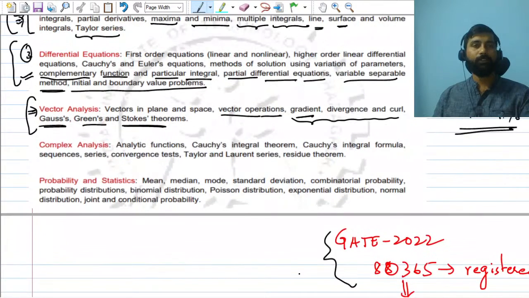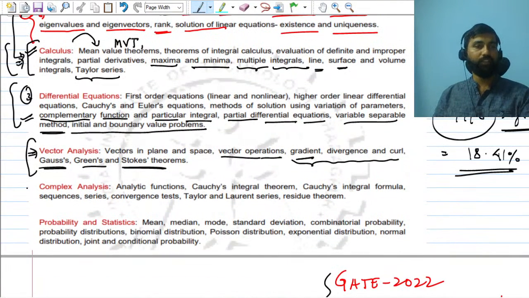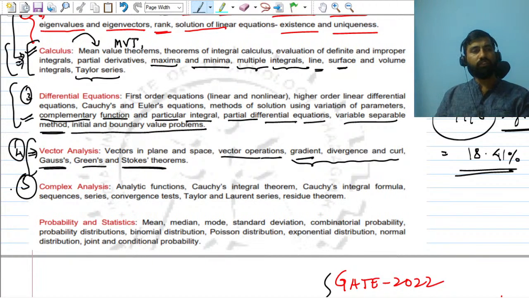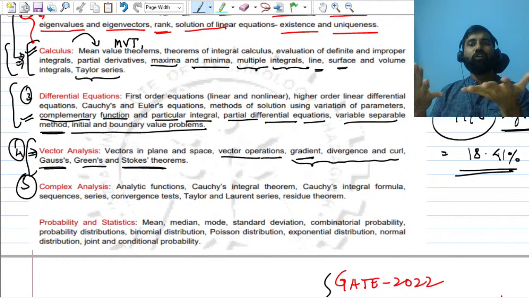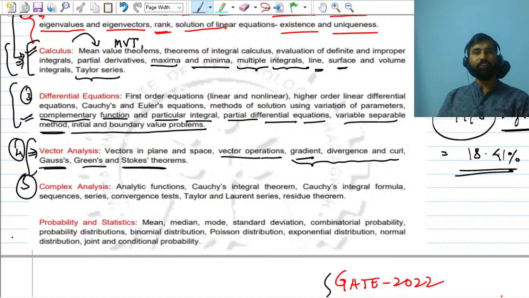Let's get back and talk about the next topic, this is the fourth topic and this is the fifth topic, right? So there are around six topics, right? So complex analysis: whatever you have done for a real function f of x or f of t, the same thing you have to talk about in complex analysis as well. Here also we'll talk about the continuity of the function, if it is a complex variable,